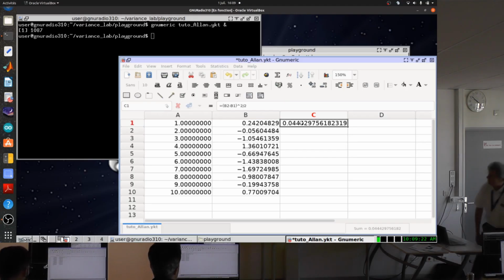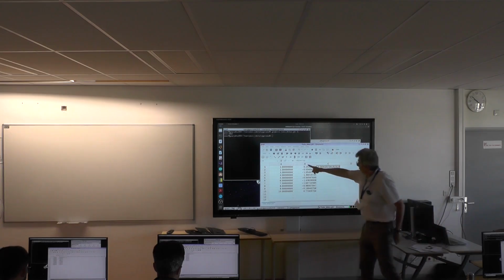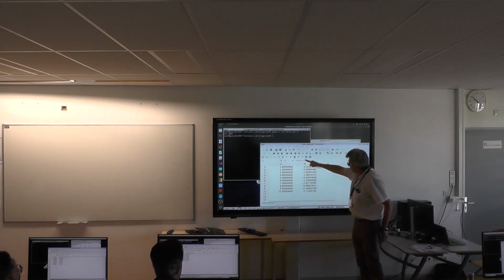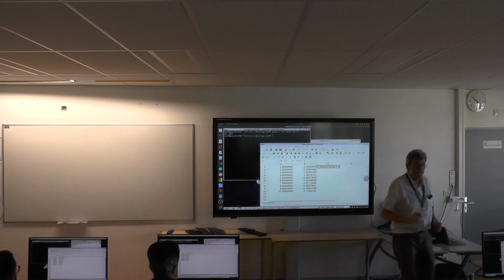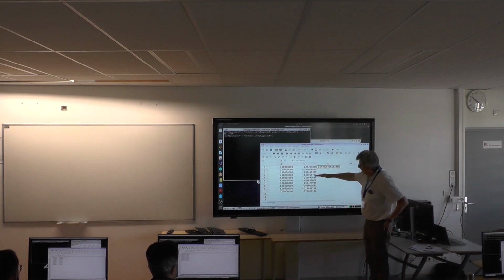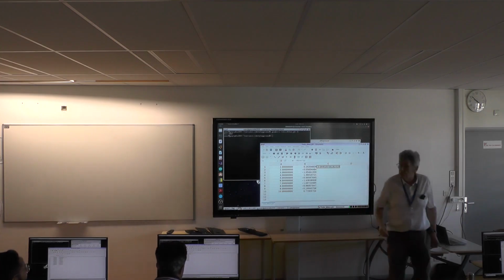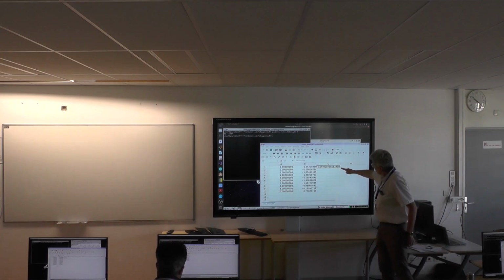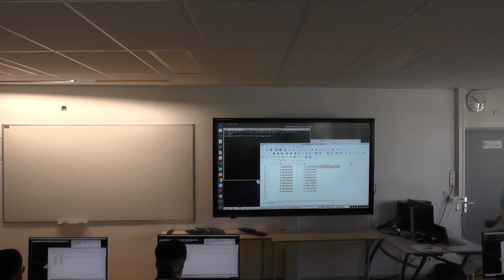I don't know if you are able to read what is written here: B2 minus B1, between parentheses, you take the square and you divide by 2. What we have to do now is to make the same for all the pairs of adjacent samples. So you also have B3 minus B2, B4 minus B3, and so on. In order to do that, you just have to use the cross which is here in the right bottom corner, and you